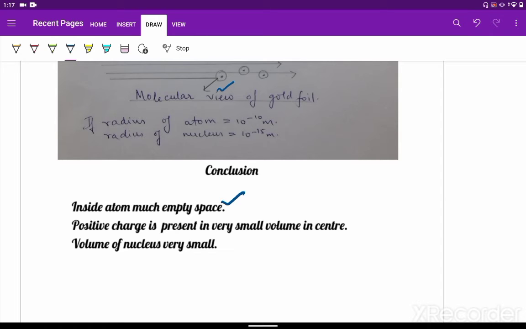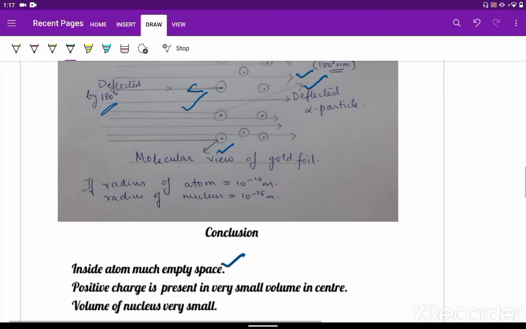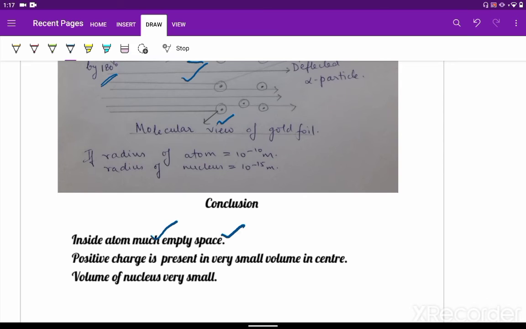They are not facing any sort of resistance. There is no attraction or repulsion going on. Why am I speaking of attraction and repulsion? Because there are charged particles inside the atom. The nucleus is positively charged because it has protons and neutrons. Proton is positive. Electrons are negatively charged. Alpha particle is positively charged. So every sort of interaction, attractive, repulsive, everything is possible. But here most of the alpha particles were able to cross in a straight path. It can lead to the conclusion that inside the atom much empty space is available.